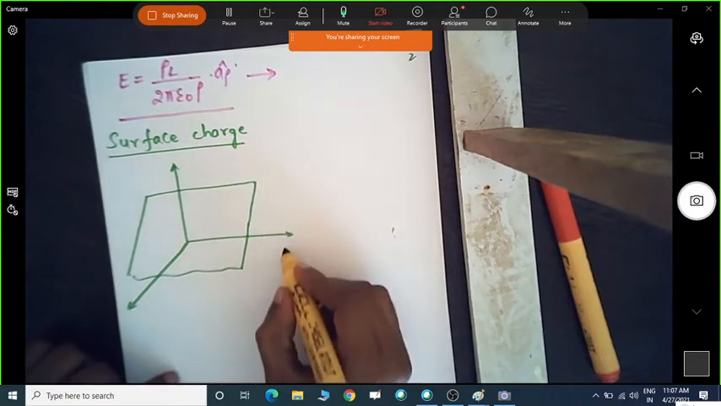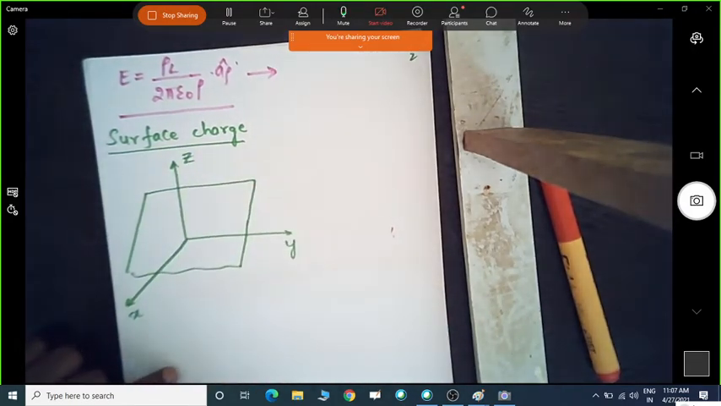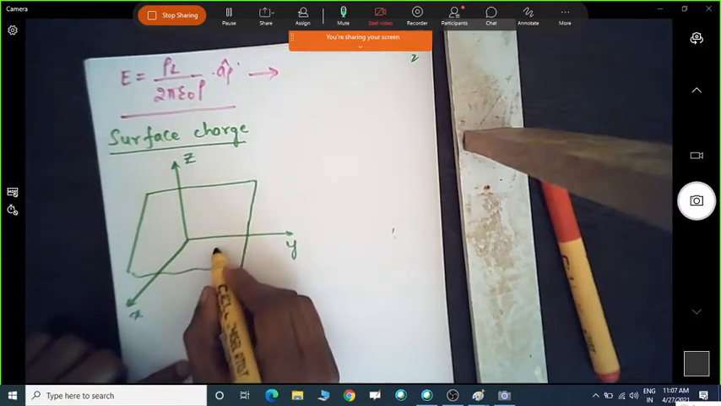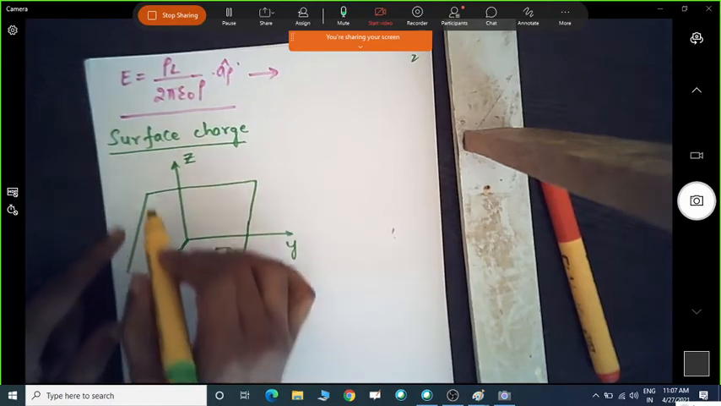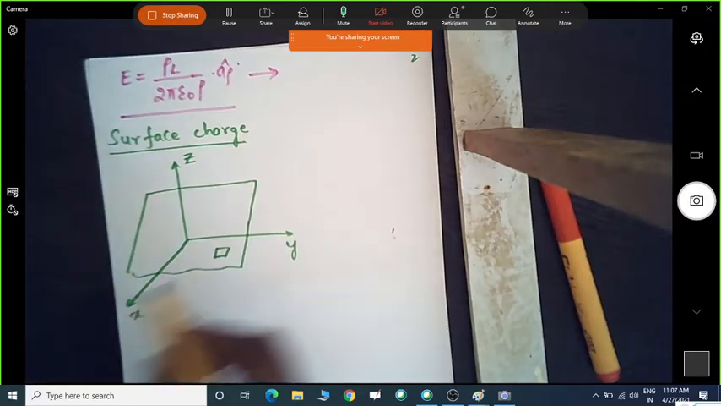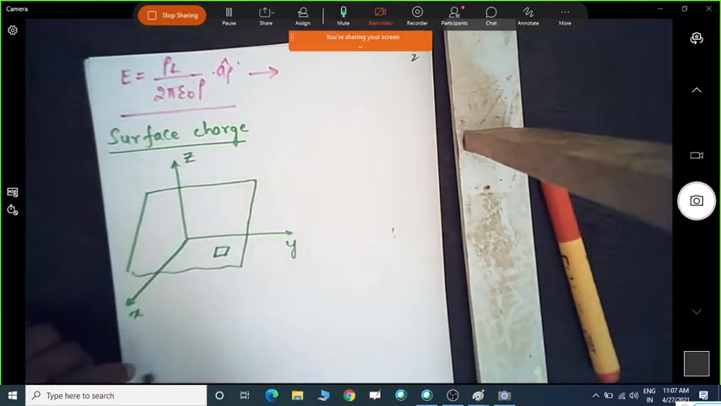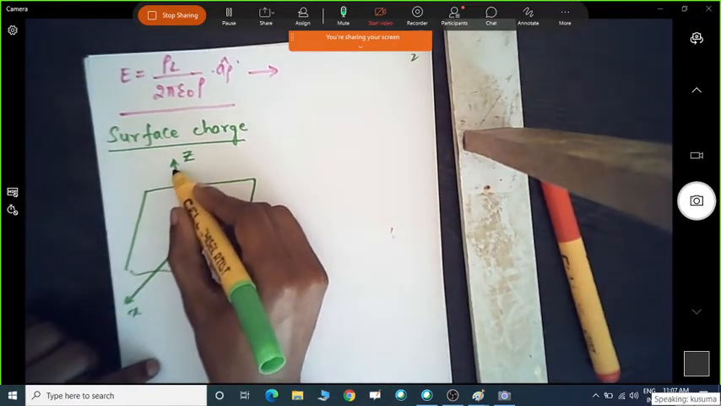Okay, so now we have the xyz coordinates. If I have some small elemental area here, I need to find out, due to this surface, what is the electric field at some point. Say, for example, if I take the point here,